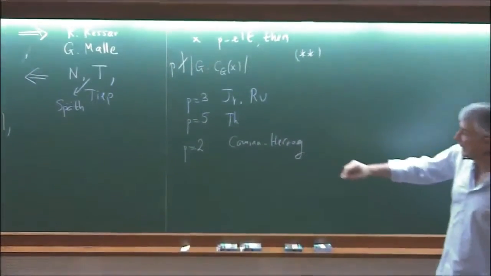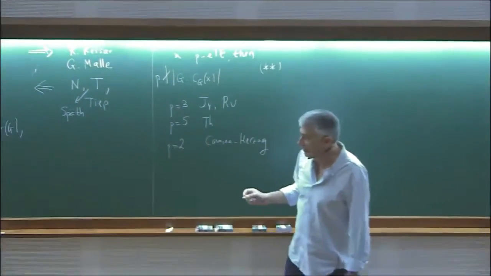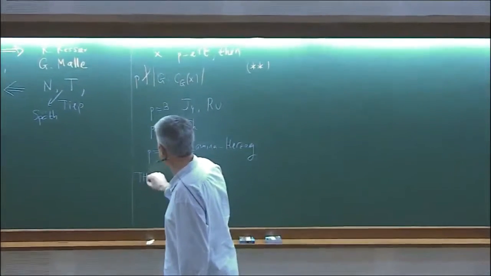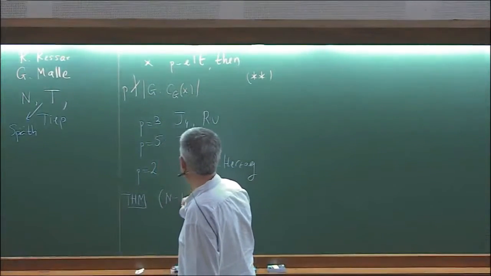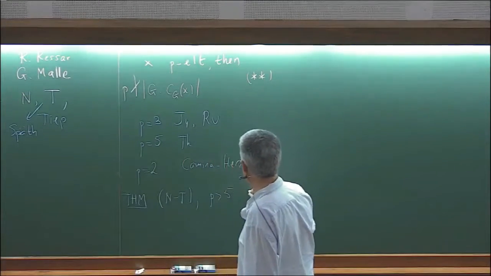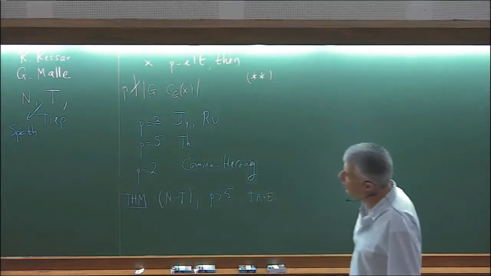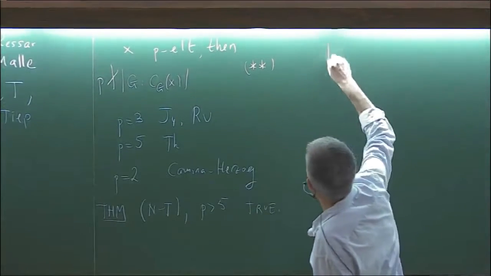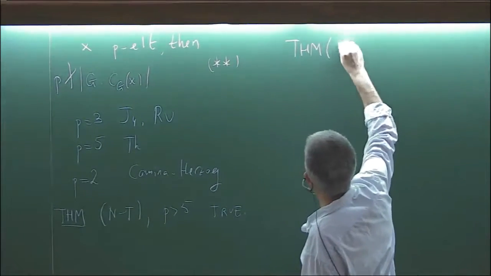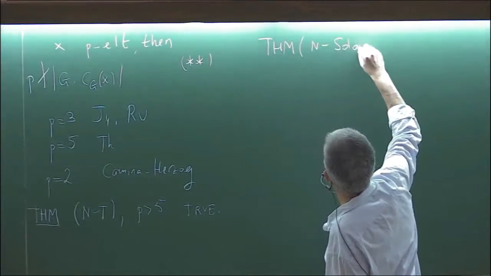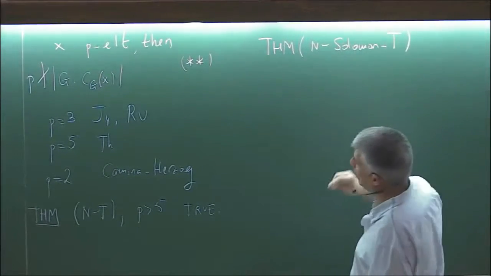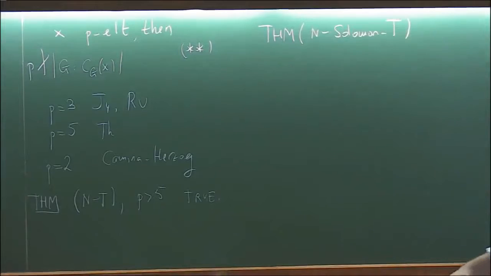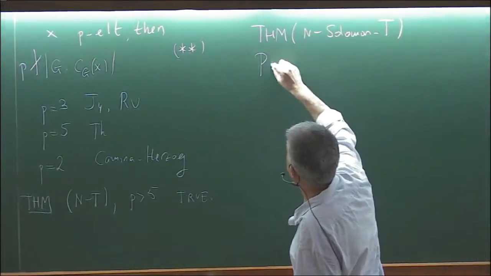And after seeing this, we tried to see what is going on for P bigger than 5, and we were able to prove that, for this is myself and Tiep, for P bigger than 5, it is also true. So putting all this together, we were able to show, this is a theorem with myself, Ron Solomon and Tiep, classifying the groups in which this doesn't happen, and by using this classification, we showed that P is abelian